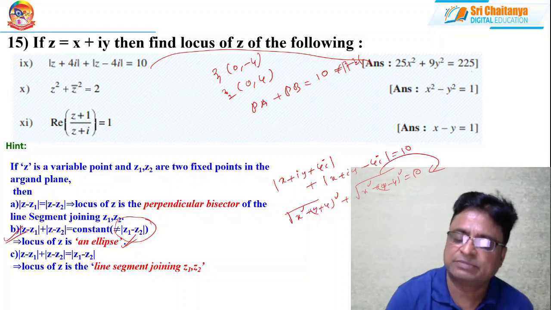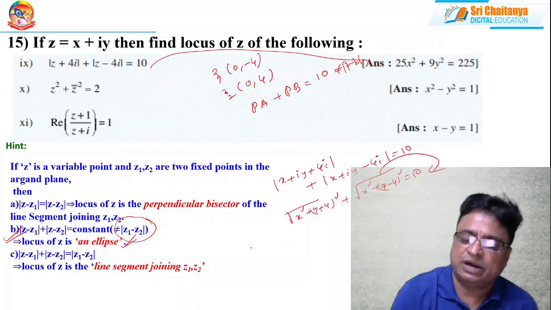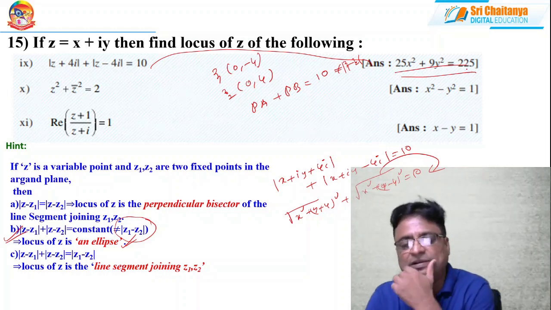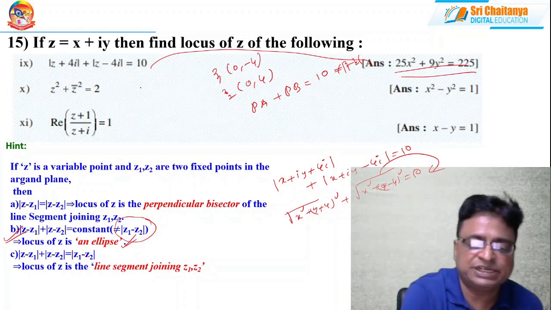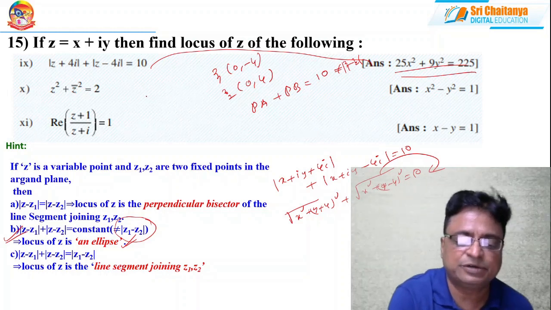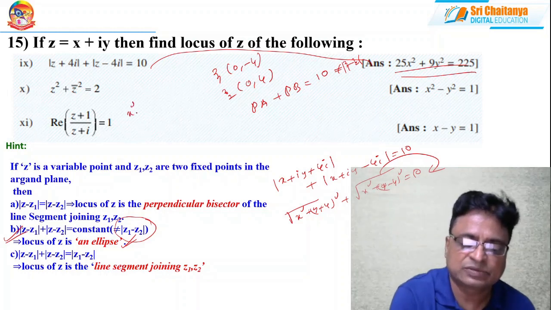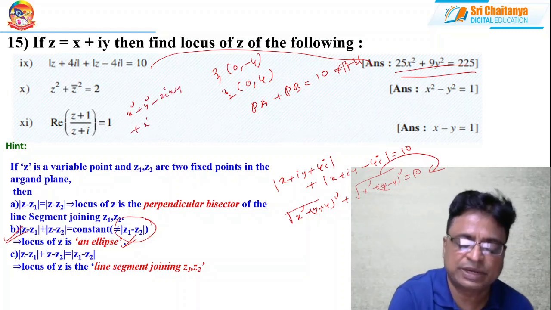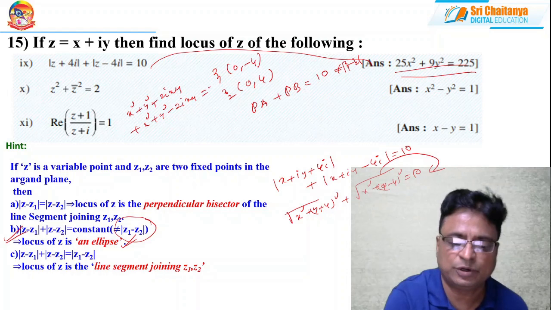You get this term on that side, and squaring on both sides, after simplification you can get this as the answer. Circle, ellipse. Similarly, of course it is simple. z square plus mod z whole square. z square means x square plus y square minus 2ixy, plus mod z bar means x minus iy whole square, that is x square plus y square minus 2ixy. Here it is plus 2ixy, here minus 2ixy, equal to 2.